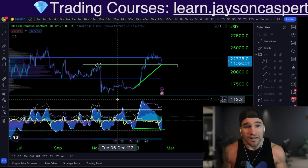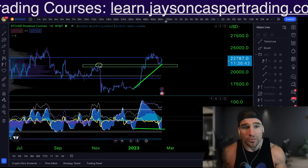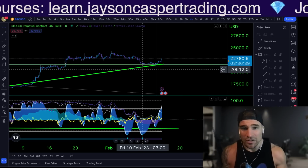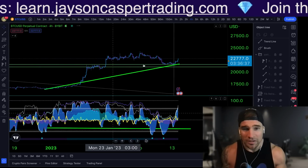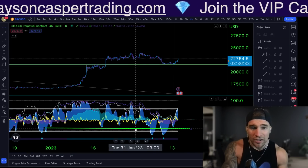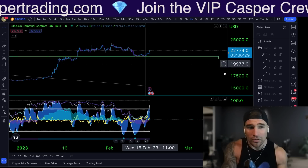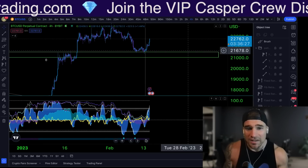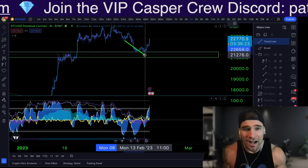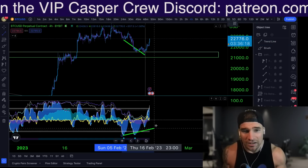Now, something else that is very, very interesting about this daily time frame is when we zoom down to the 4-hour. Remember how we were talking about the bearish signal at the top where we saw the money flow and the momentum getting lower as Bitcoin came into key resistance? Well, we are seeing literally just the opposite of that right now. As Bitcoin comes down to this key zone of support right here, we can see that the momentum on Market Cipher B continues to get higher on the 4-hour time frame as the price continues to get lower,